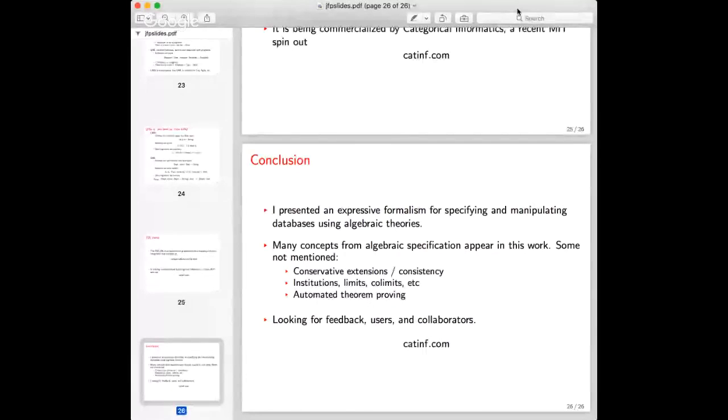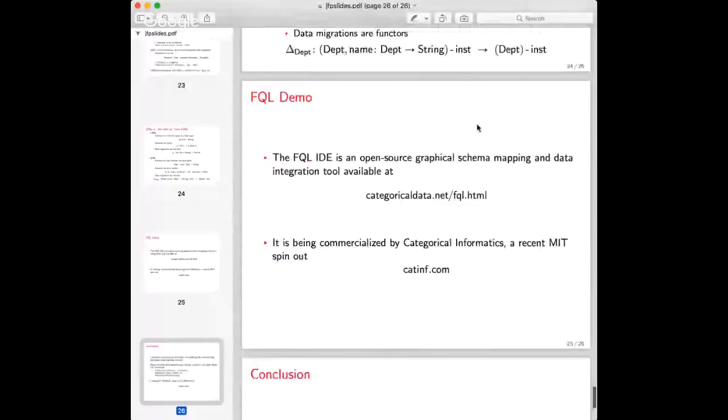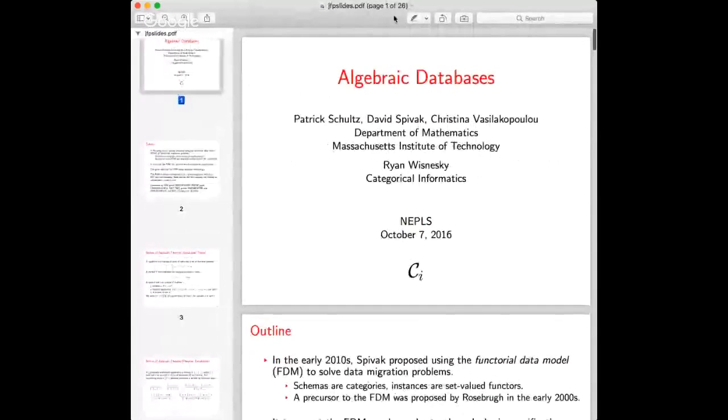Hi everyone, let me share my screen. Let's see, start screen share. Cool. So